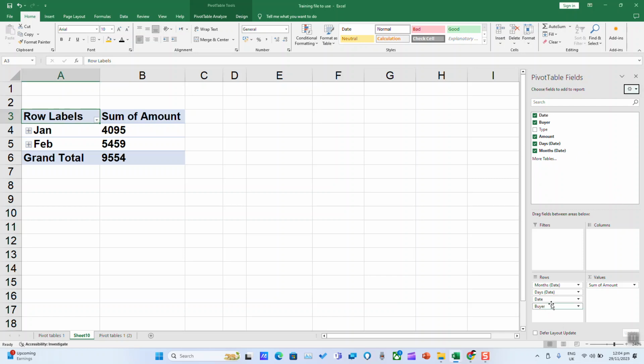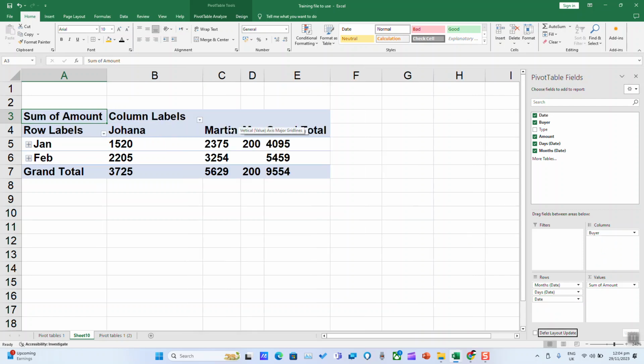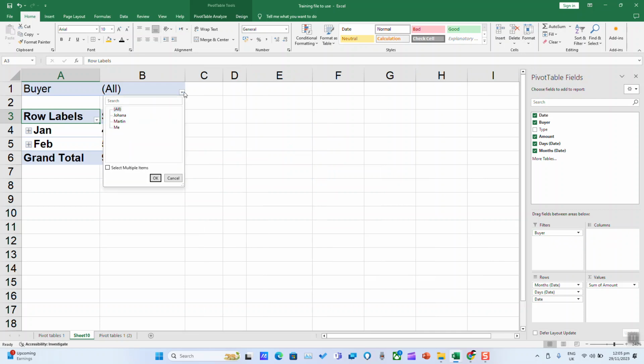Let's begin. If you want to move a field of data from rows to columns, you just click and drag it to columns. In this example, I brought the buyer's name from rows to columns. If you want to filter, you can always put the field in filters, click in the top and select multiple, and there you can either select all or just a specific one and have the data reflected for that specific item. If you want to change the type of the value in the field, click on the field itself